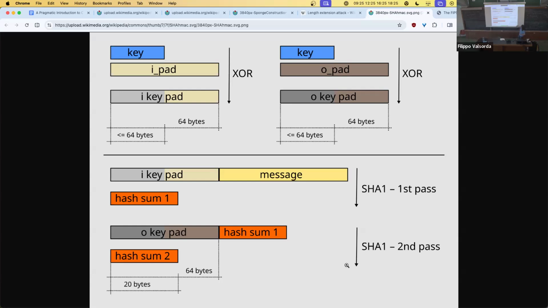So you have a single key, you XOR it with those 2 values, which are fixed. iPad and OPAD are just, I think one of them is all zeros, the other is all ones, or all 8s, something like that, doesn't matter. So you XOR them, then you do exactly what we were doing earlier. So the first pass is just prefix, key, suffix, message, hash. And then you do it again. That's it.